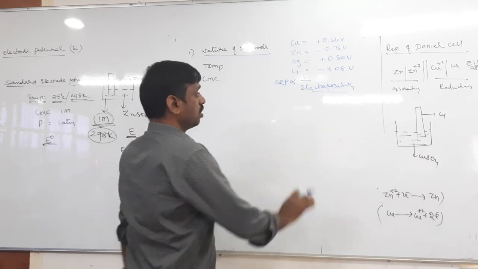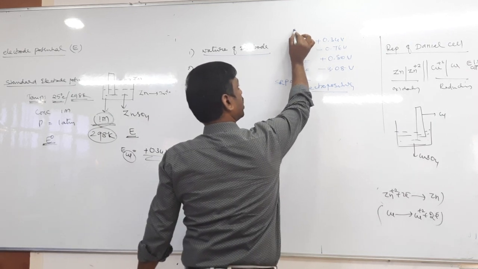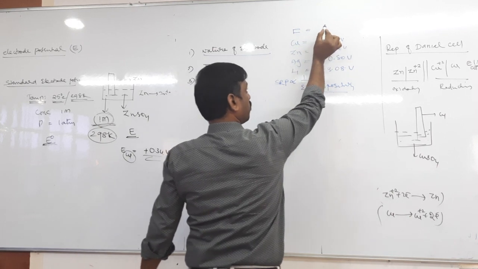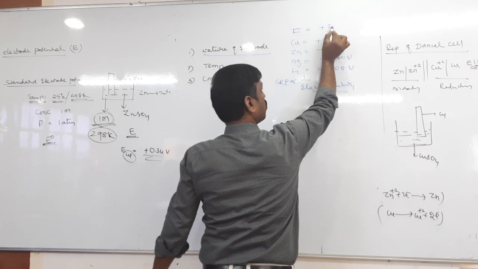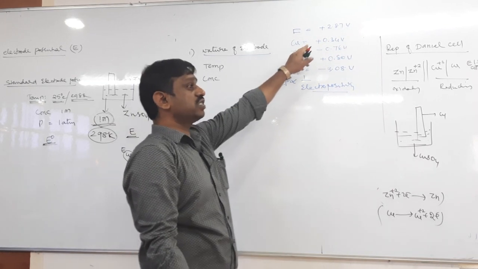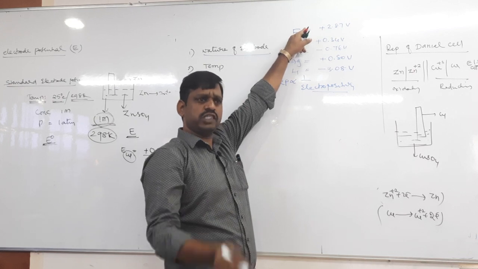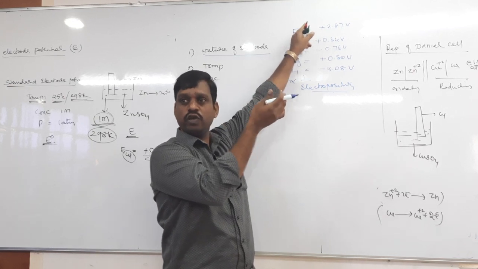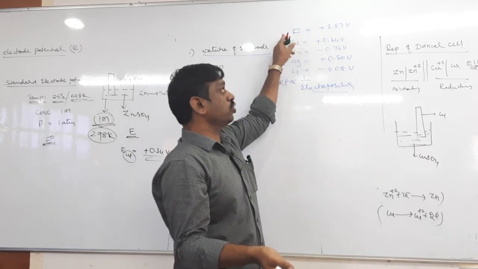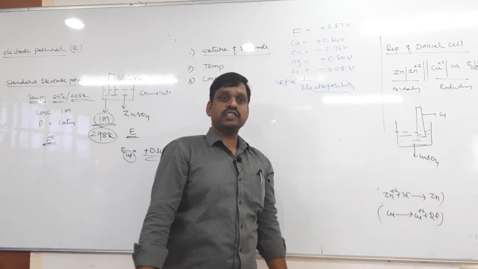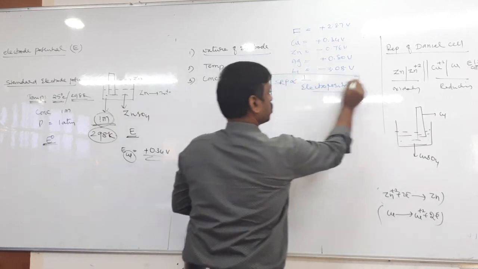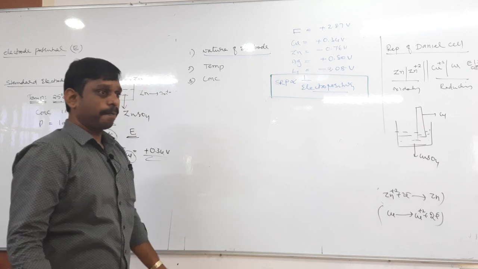And fluorine, you know, fluorine is the most electronegative, which means least electropositive. So the fluorine value is plus 2.87 volt. So 2.87 volt means it is the least electropositive, the most electronegative. Fluorine is the most electronegative element, means least electropositive, therefore highest SRP. Therefore in general SRP value is inversely proportional to electropositivity.